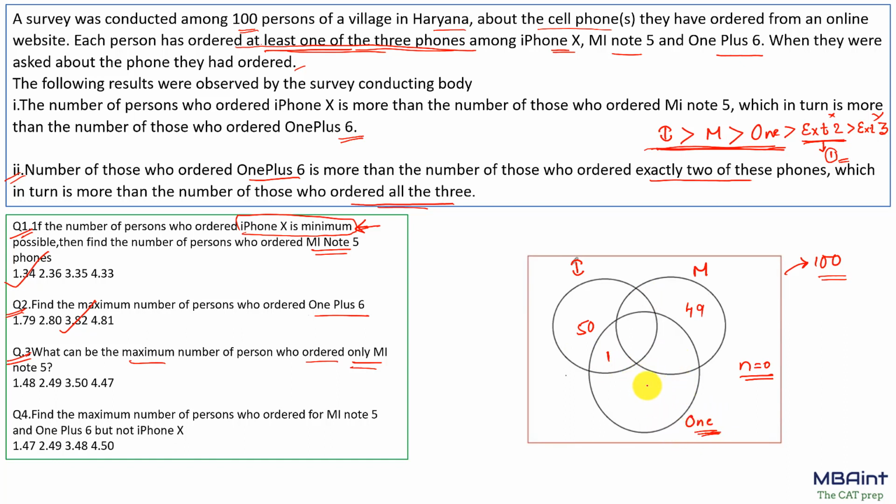So let's get something more over here so that this inequality is satisfied, right? So if I make this as 49 and bring 1 over here, right? So hope this is satisfying. So this iPhone is 50, this is 49, this is 2, everything is satisfied. So 49 is a possible number. So 49 is the correct answer.